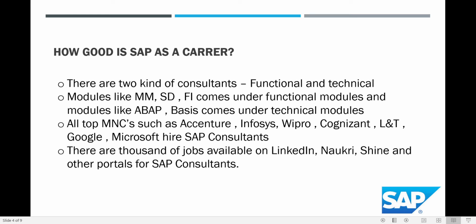So you name it, and that MNC is working and hiring SAP consultants, right? Accenture, Infosys, Wipro, Cognizant, L&T, Google, Microsoft, Apple, and there are other consultancies as well, like TCS. A lot of them are hiring SAP consultants. So that means there is an abundance of jobs available for SAP consultants. Okay, so now coming to the next thing,